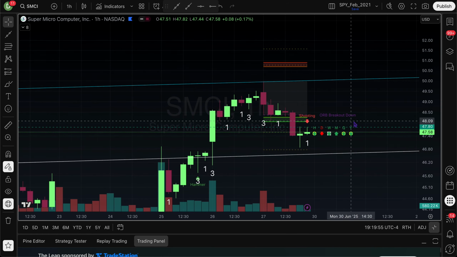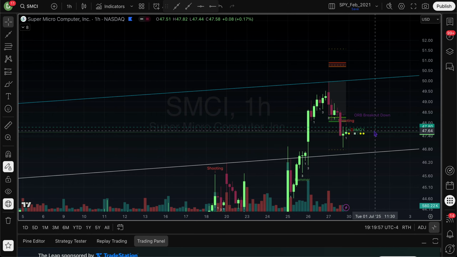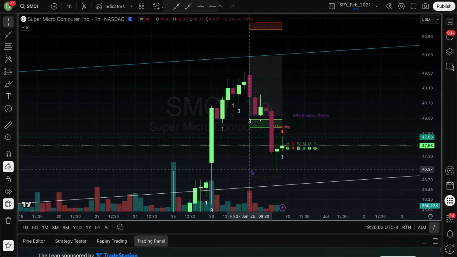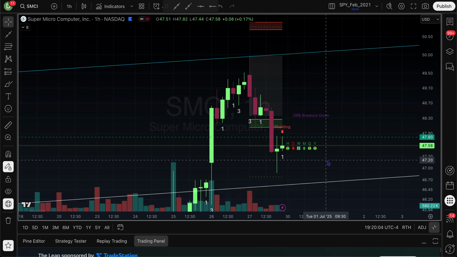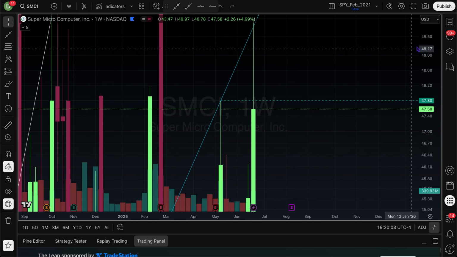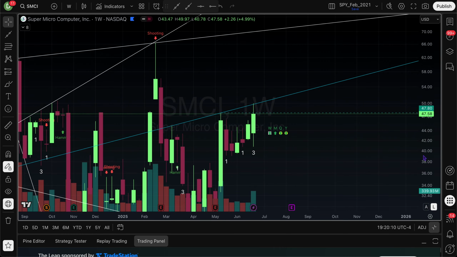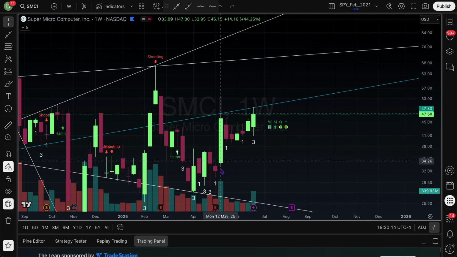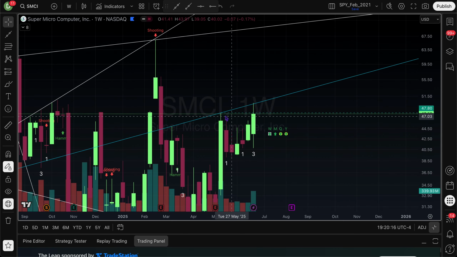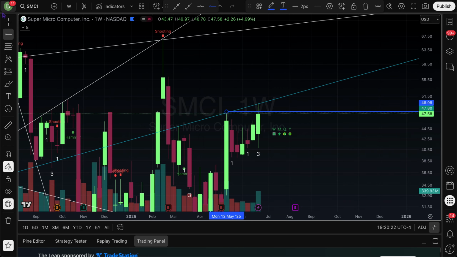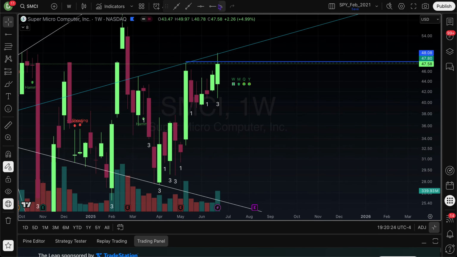So SMCI, if I'm zooming out, and you don't have to go too far. It's all dependent on the time frame that you're trading on, how far out you're going to go on these. So if I want to draw one on the week, which is what this one was, right? See, higher high. And this is inside of a mother bar that we spoke about for a while. So because this was inside of a mother bar, we haven't gone to the other side of the range yet.